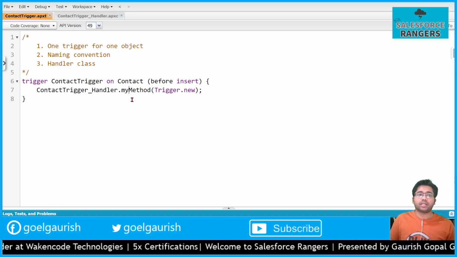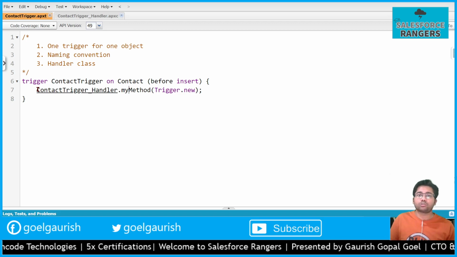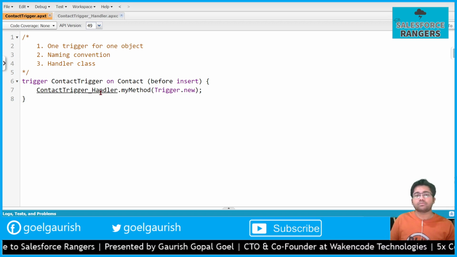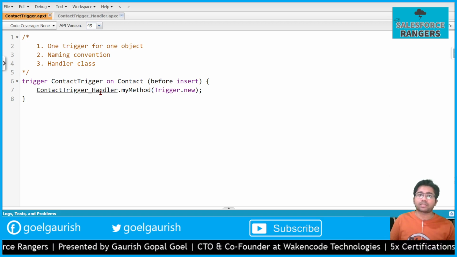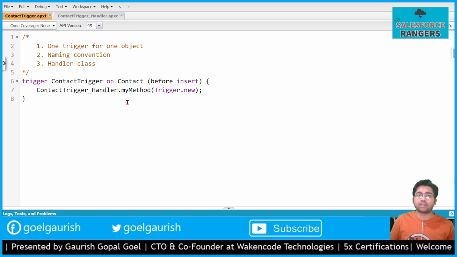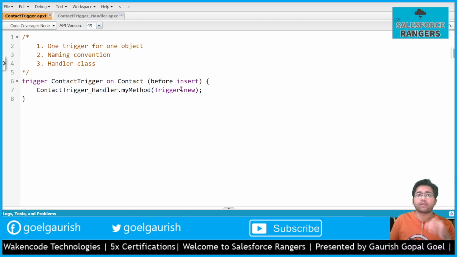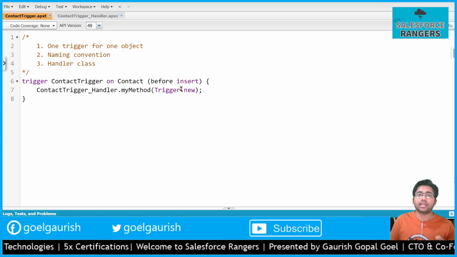Now you must be wondering what is the use of the trigger if we are not supposed to write the logic in the trigger itself, but we are writing the code in the handler class. In complex situations, there are multiple scenarios we have to write in a single trigger, and the trigger becomes very bulky and not easy to read, because you will have to scroll more and more if the trigger becomes lengthy.